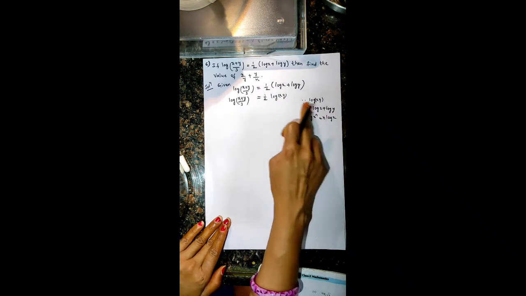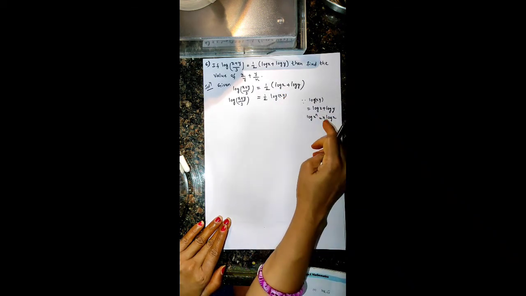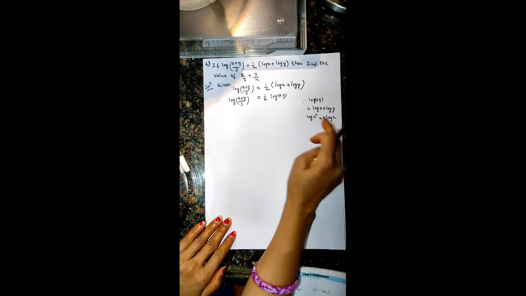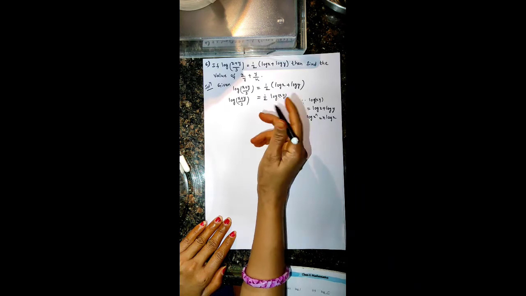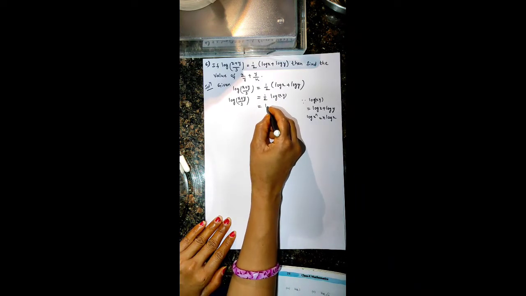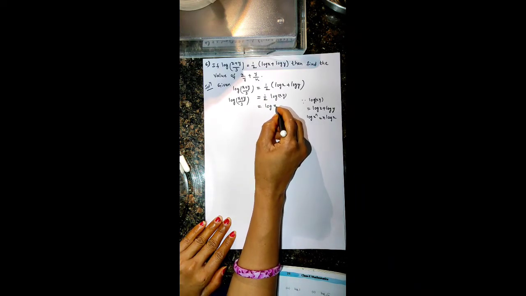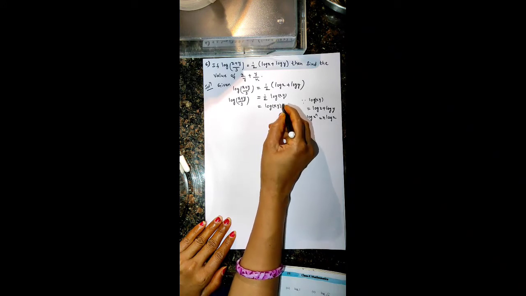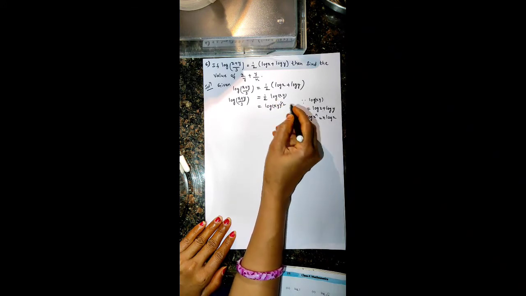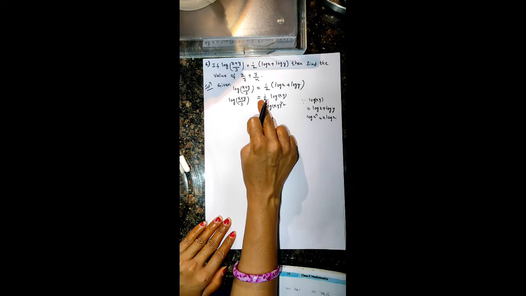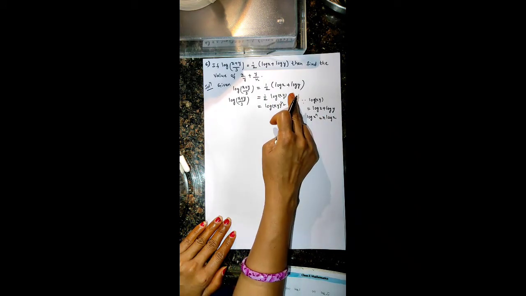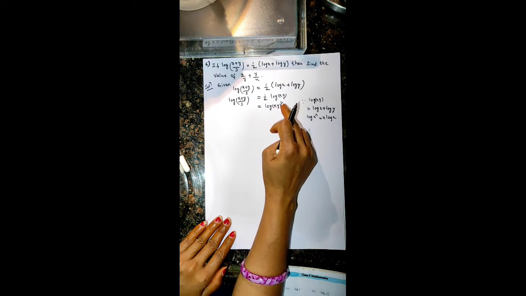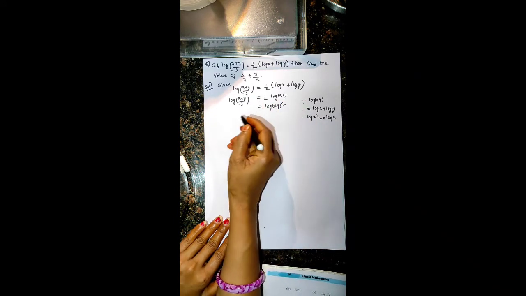Same like this only. Instead of x we have xy. Instead of n we have 1 by 2. Like this term is there. So what is our answer here? Log of (xy) whole to the power of 1 by 2. Instead of n we have 1 by 2, so that's why this 1 by 2 will come as an exponent for this argument.